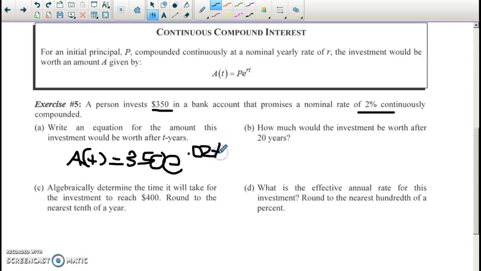So you can put a multiplication in your exponent. So if you now then put 20 years in